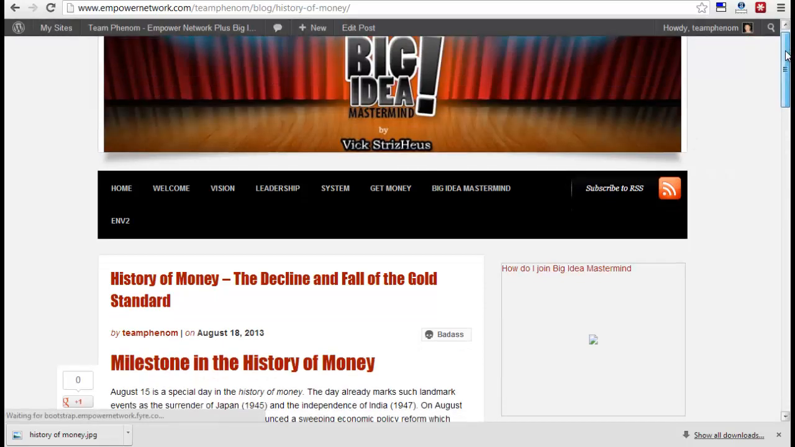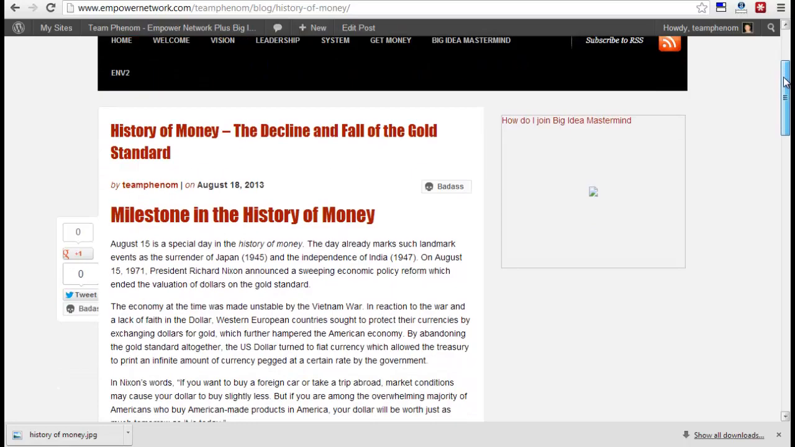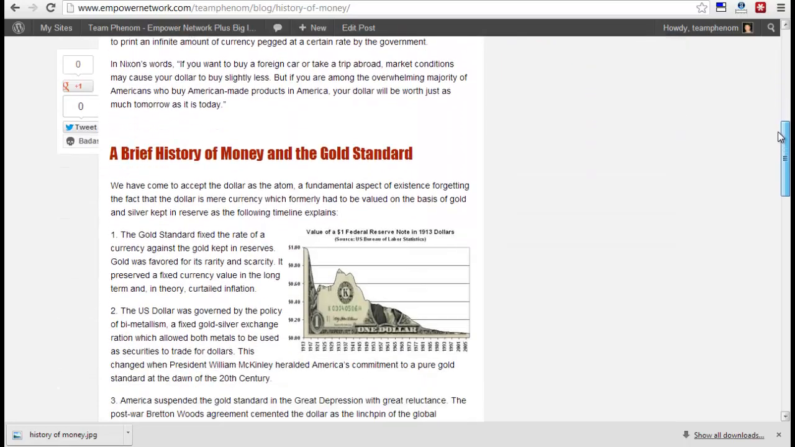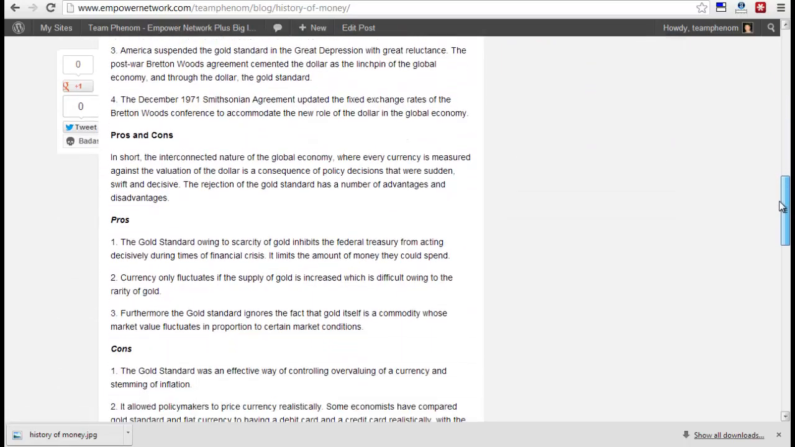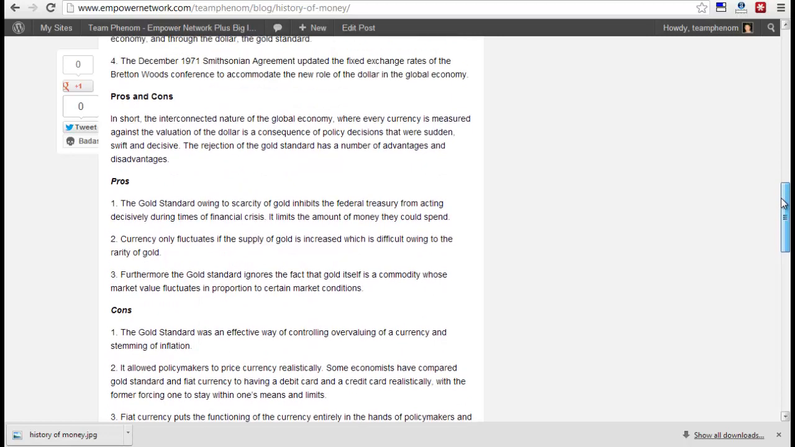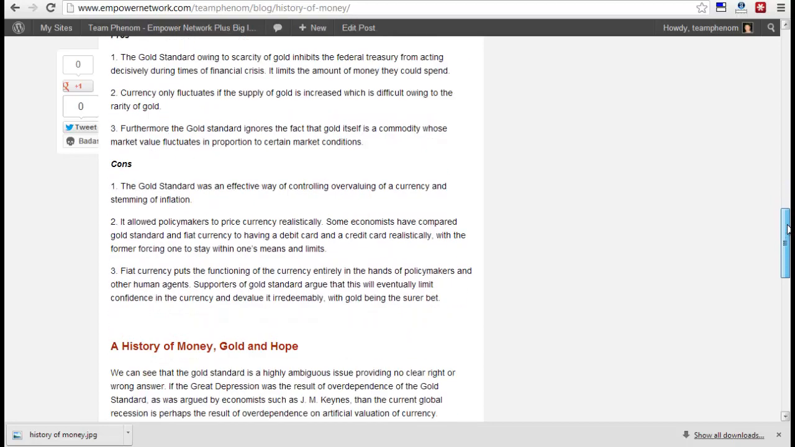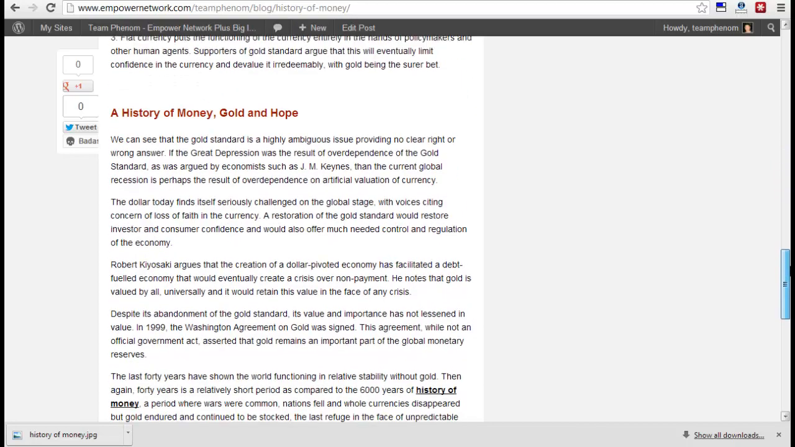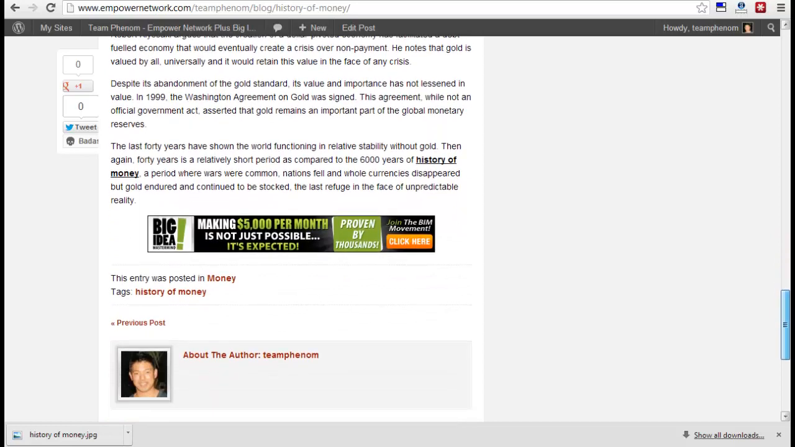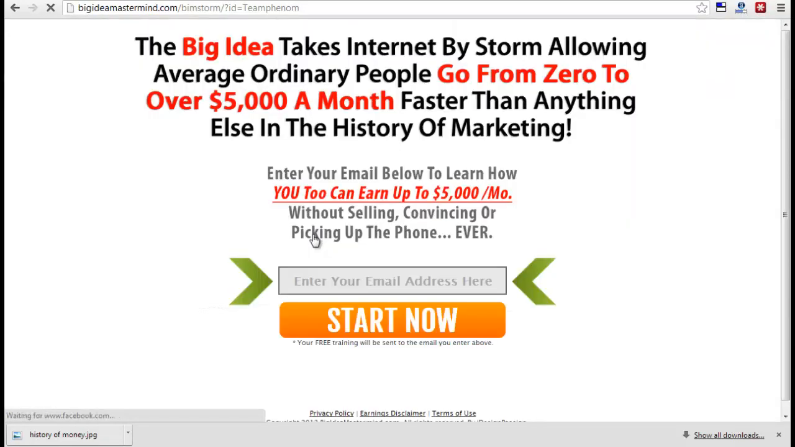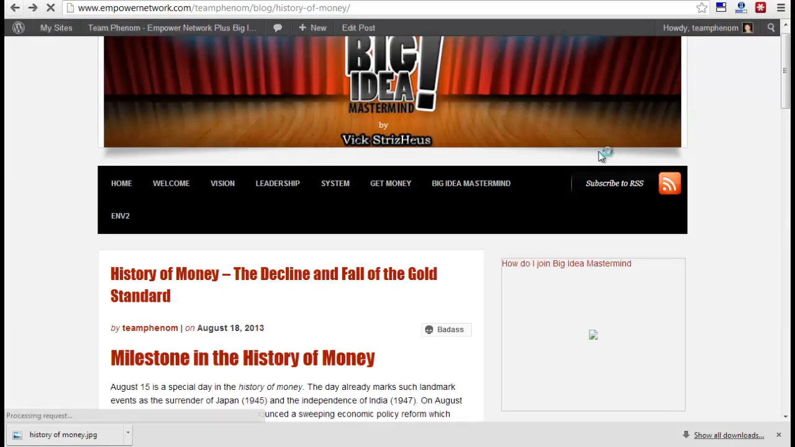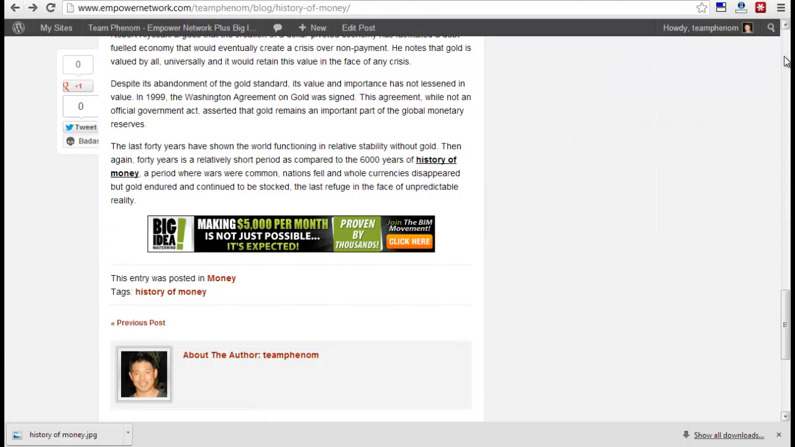Here you go. History of money, the decline and fall of the gold standard. You see my H1, H2, H3 is really bright in red. The pros and cons is bolded in italics. They're not necessarily headlines, but they're just different sections of the article that I want the readers to recognize. Numeric points, oh, this is great. And then a call to action right there. If I click on that, does it go to my landing page? Yes, it does. All right, guys,